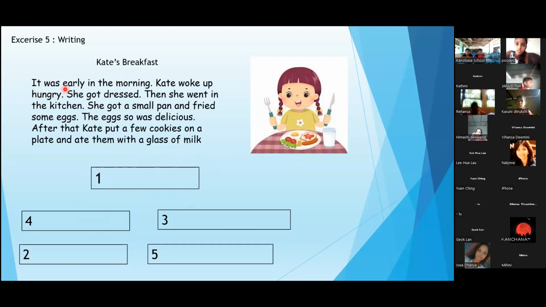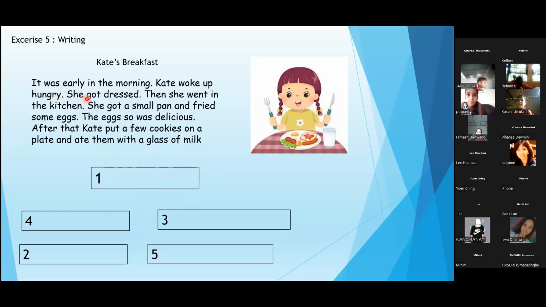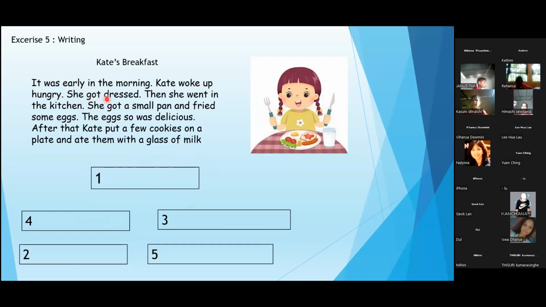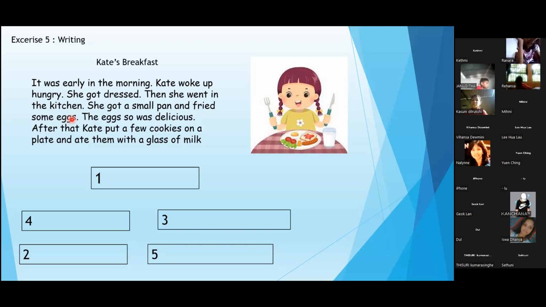It was early in the morning. Dad woke up hungry. It was early in the morning. Then she got dressed. She went into the kitchen. She got a small pan and fried some eggs. Just after that, Kate put them